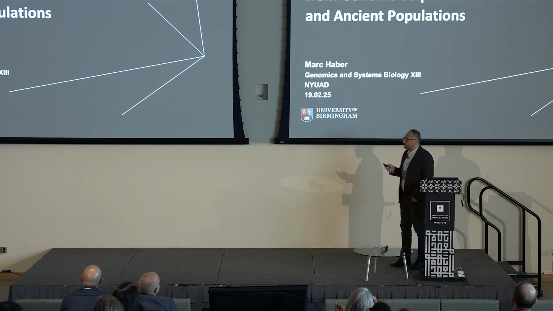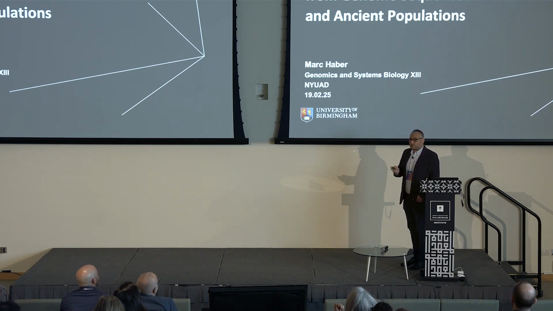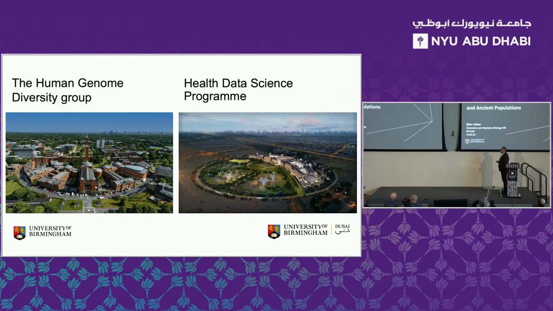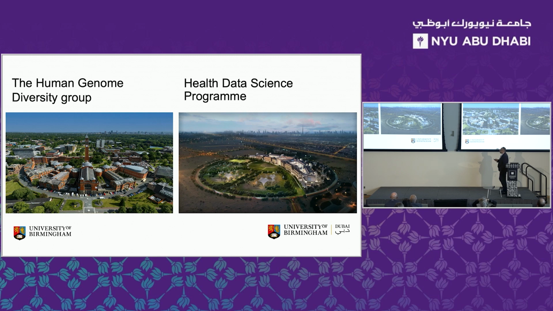I'm going to try to take you through some of our research on understanding human genetic diversity across global populations. I'm an associate professor at University of Birmingham. My group now is in two places. We are still in the main campus in Edgbaston in Birmingham, but in the past 2 years we've been moving to Dubai because we have a new campus in Dubai now, and we're also running the health data science program